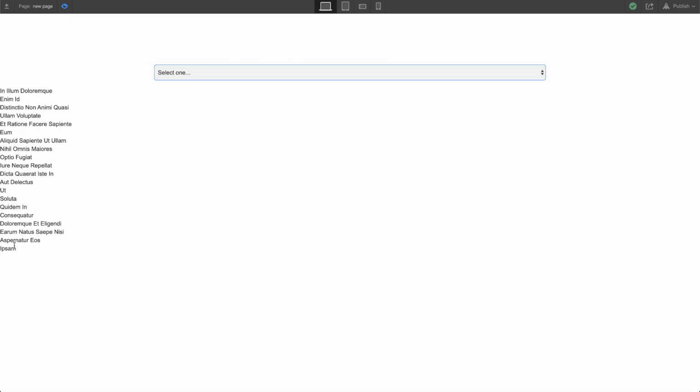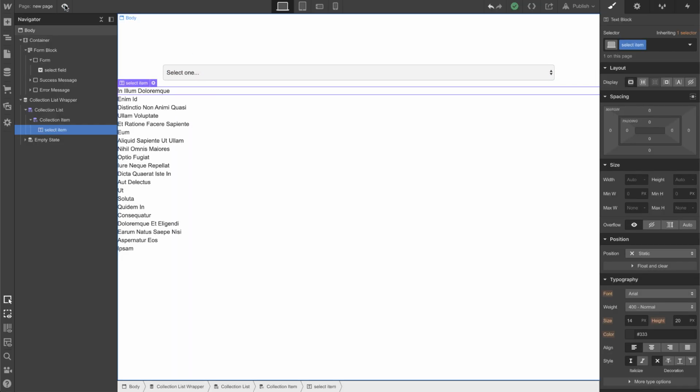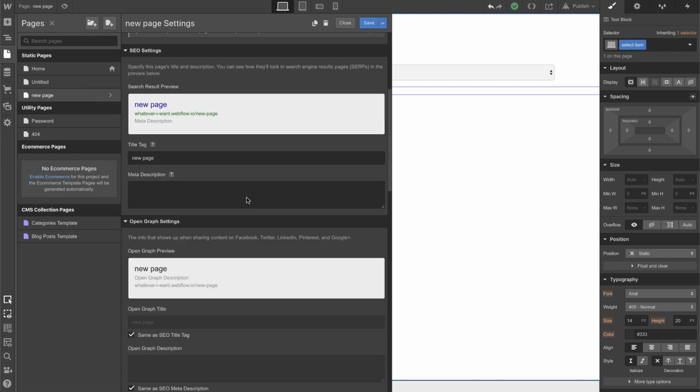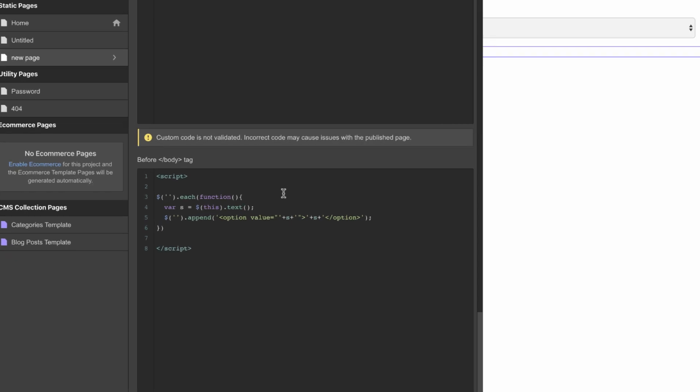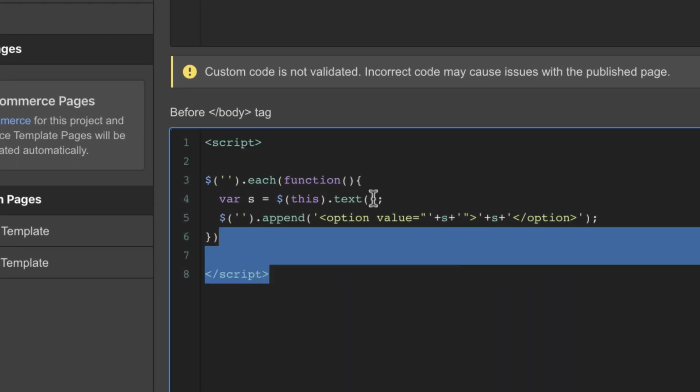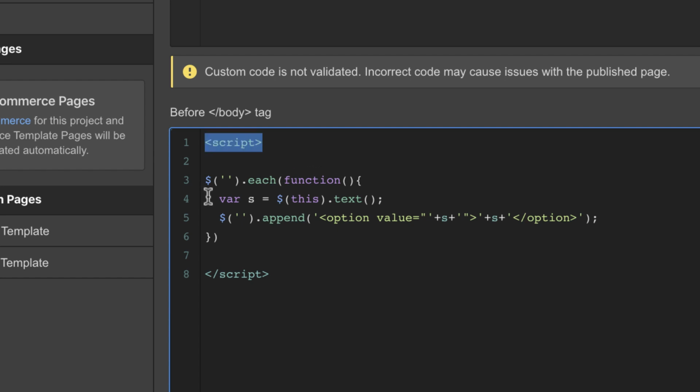I want all of this to go in here, and this is where some jQuery needs to happen. All right, and again, with all these tutorials, if you need the jQuery, I'll put it in the YouTube description. So yeah, here we go. Here's the jQuery. Okay, so let me go line by line. We're gonna tell the browser, hey, we have some JavaScript. So we write that, and then line 3, we have a $ sign to say, hey, this is jQuery,